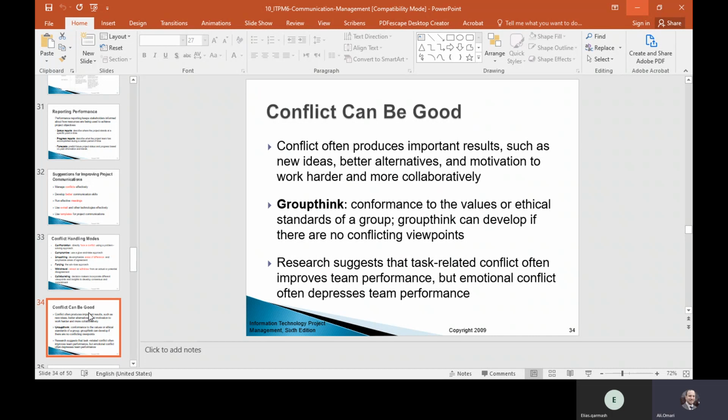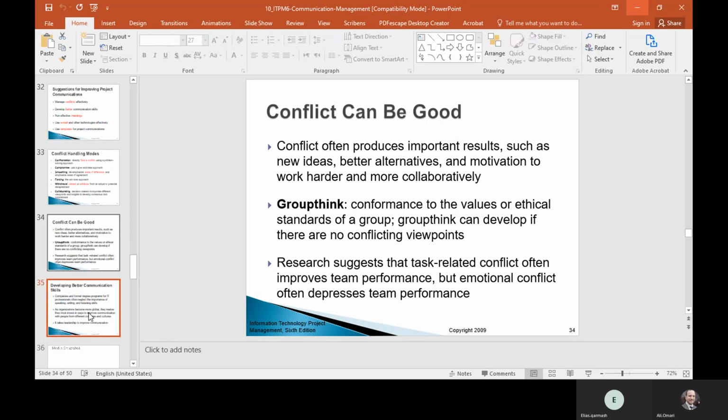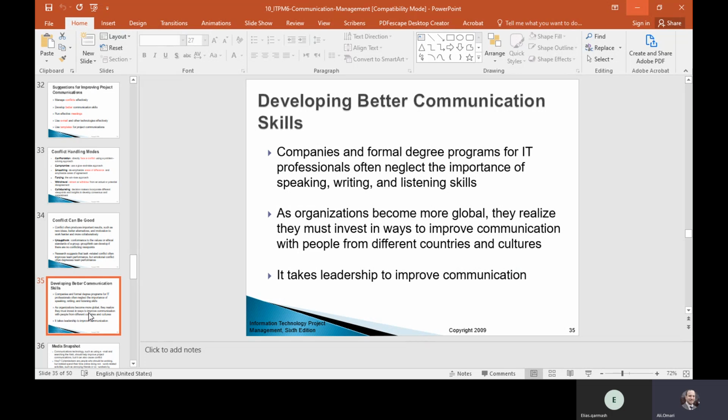And always look for better communication, developing better communication skills.